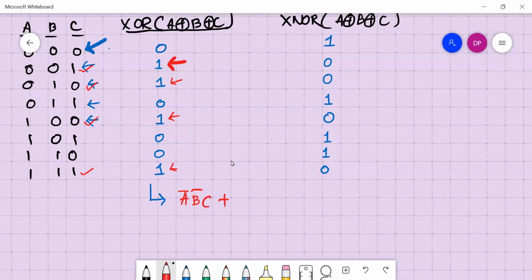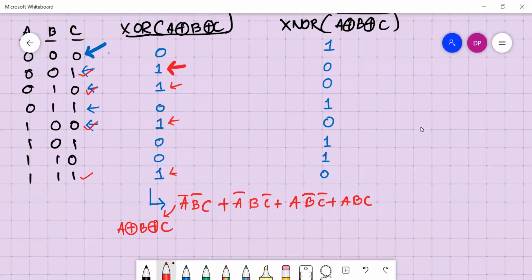Plus this is A complement, B, C complement. Then you have A, B complement, C complement. Then the last you have A, B, C. This is the expression of A XOR with B XOR with C. This is what we got in the last class for full adder.